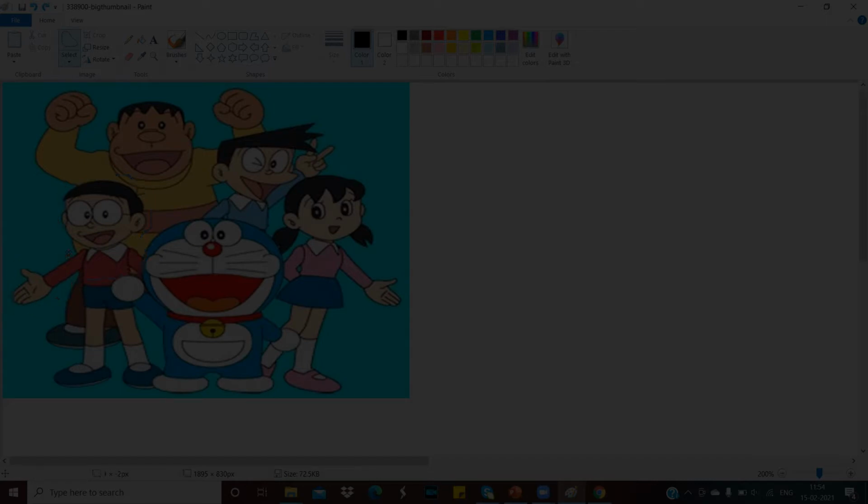After doing the selection, click and drag it, then we will get only the selected portion of the picture. Let's do it with another character. First you have to click on this selection tool and select the freeform selection tool. Then left click the mouse and drag it throughout the boundary of the particular portion that you want to select.